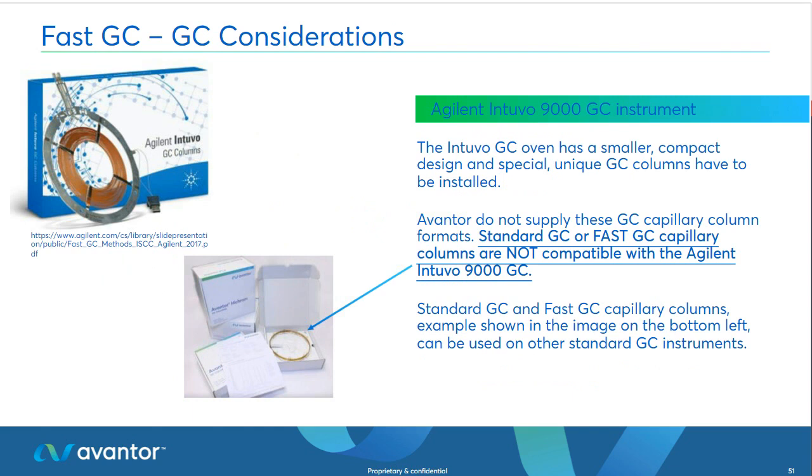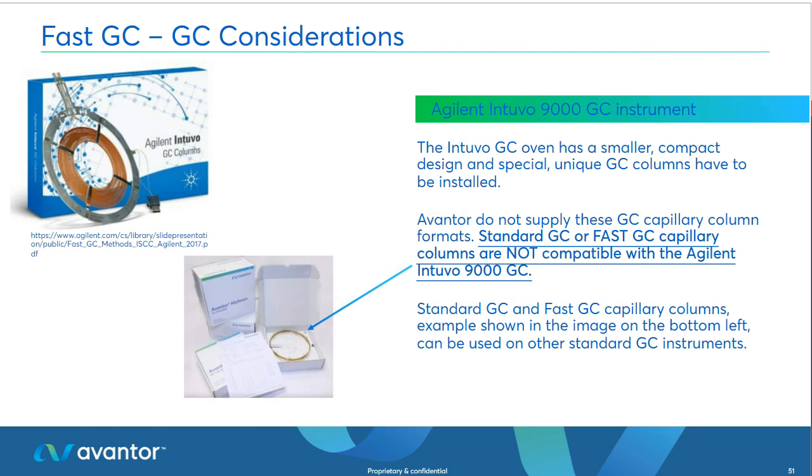Just another consideration, the Agilent Intuvo 9000 GC instrument is a fast GC instrument and it has its own specialized columns. Avantor do not supply these Intuvo 9000 fast GC columns. They are in a completely different format compared to the majority of other GC capillary columns. And you can see the difference, and the standard or fast GC capillary columns that are